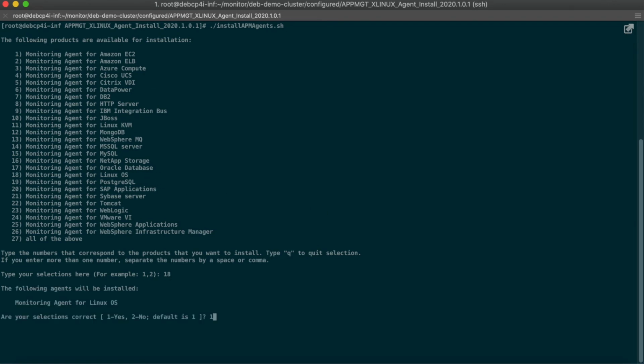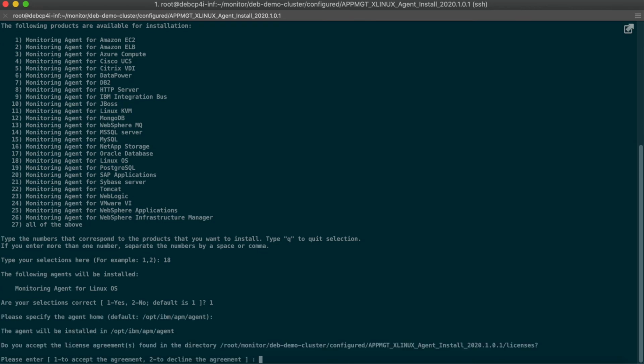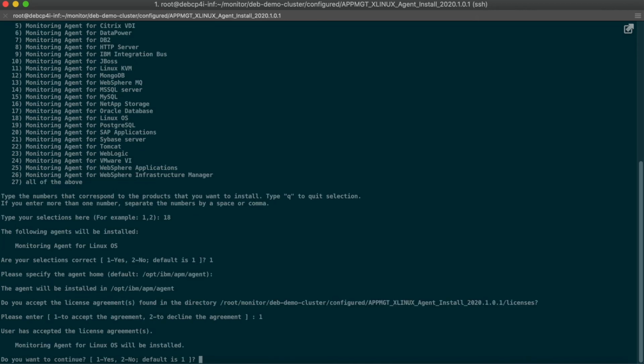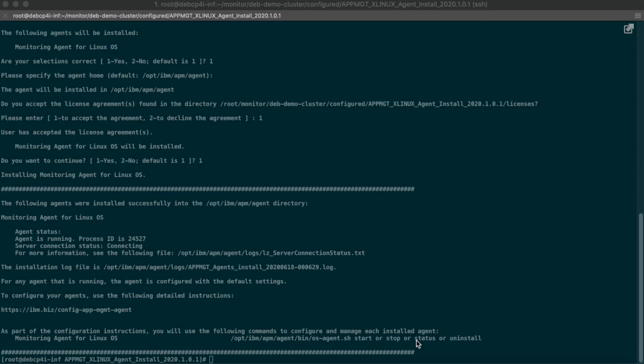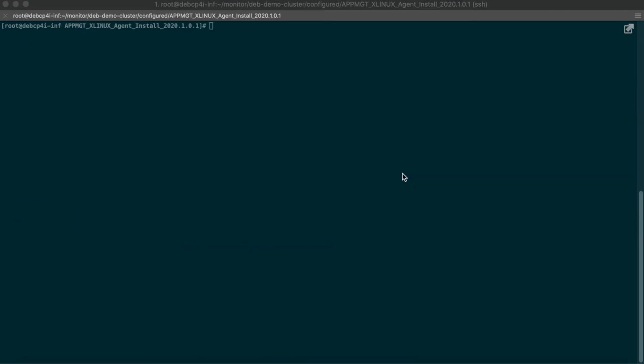Once the agent is installed, you can check the status of the agent. For that, visit the agent installation directory.